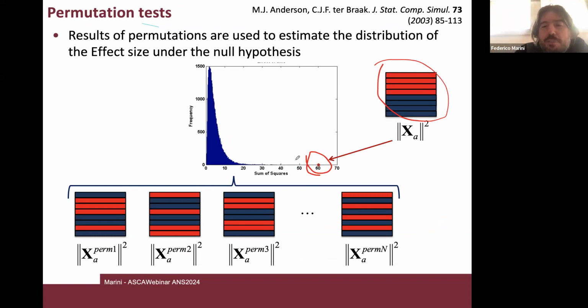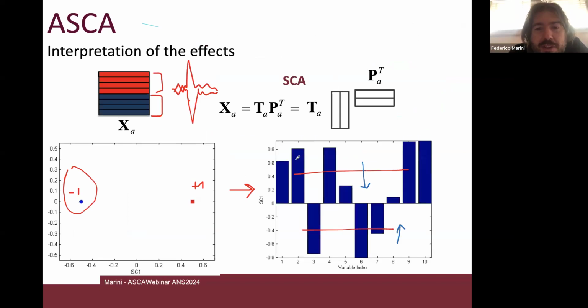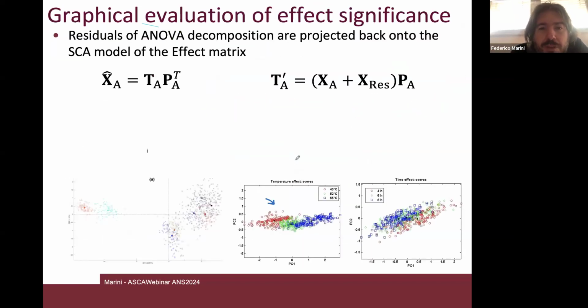Or for instance, there may be a difference between the mean spectrum at level 1, for instance at 20 degrees of temperature, and the spectra at 30 and 40 degrees, but the spectra at 30 and 40 degrees are not different from one another. How can I get such a sort of multiple comparison translated in the multivariate framework? I do it by back projecting the residuals onto the PCA model calculated for that particular factor. And for instance, here you see in this example that the clouds corresponding to the within level variability are smaller than the difference between the